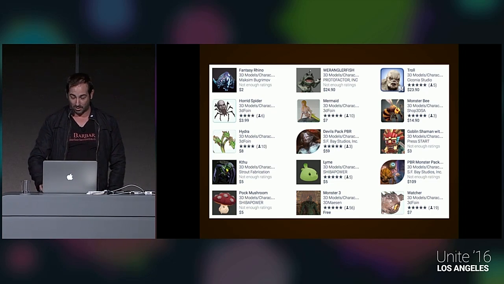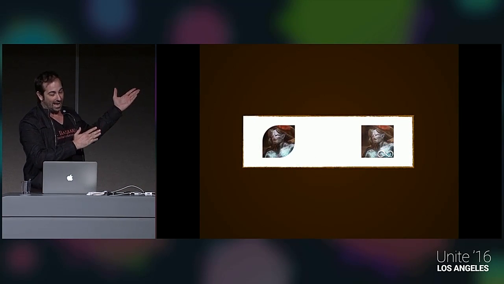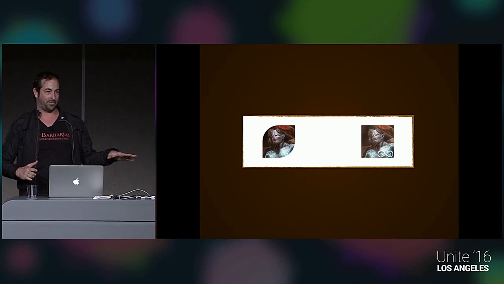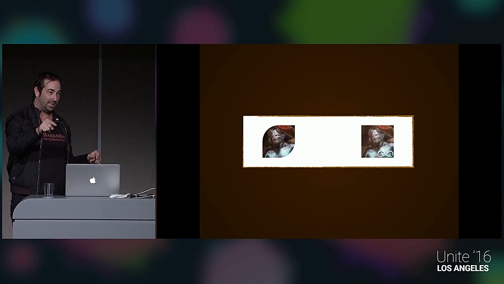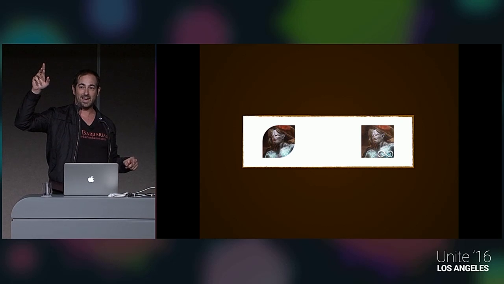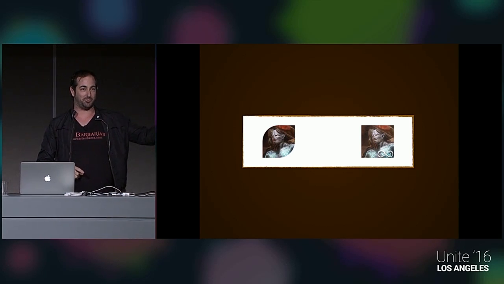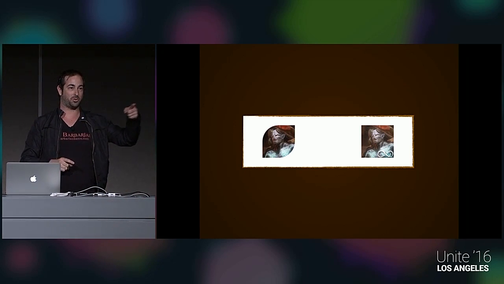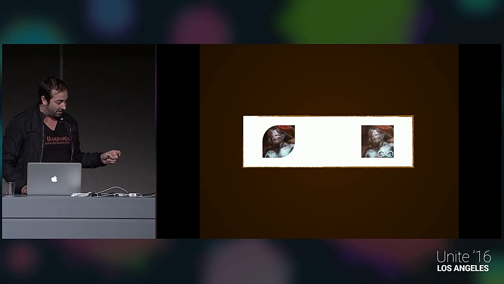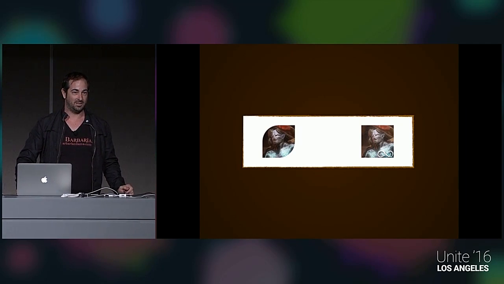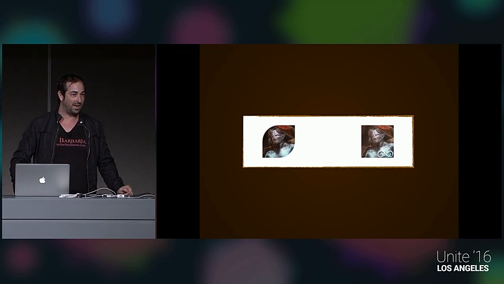And so I want to do a test with you guys. How many of you, raise your hand, think the icon on the left is better for getting more clicks? All right, how many of you think the icon on the right? No, two people. Do you want to know the answer? Yeah, so do I. But you don't get to know, neither do I, because there's no way of knowing.